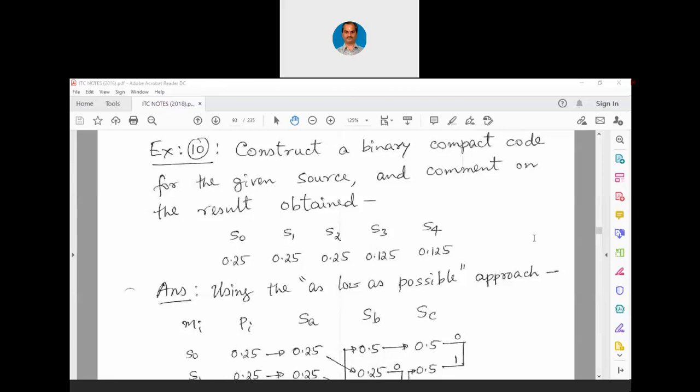Manideep has given the answer, but for S0, it will not come these many bits. In fact, for the topmost symbol, we will get either 0 or 1. We will not get a combination of 0 and 1. We will not get such a big code there. You remember the property of information: the least is the probability, the more is the information. That way, the least the probability, that will get the bigger code.